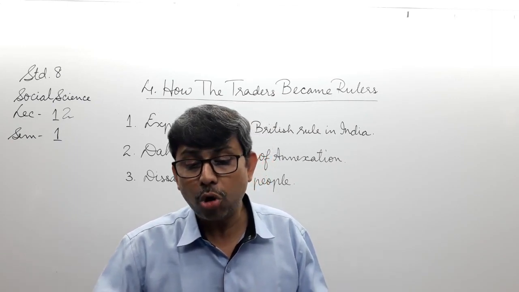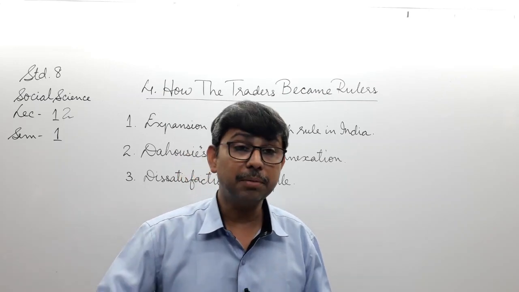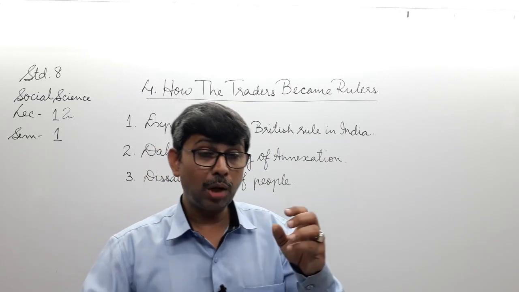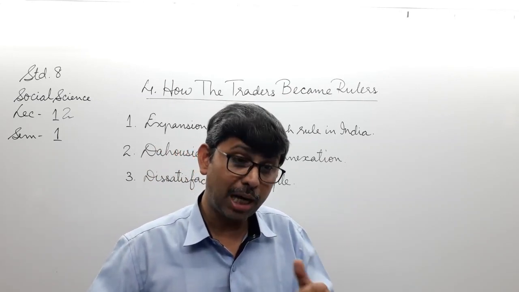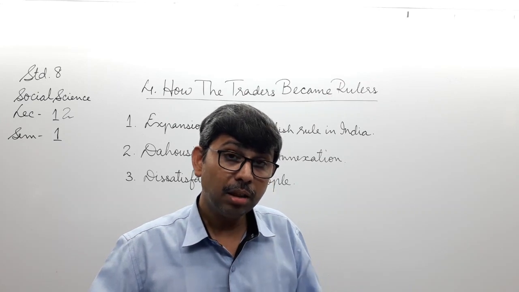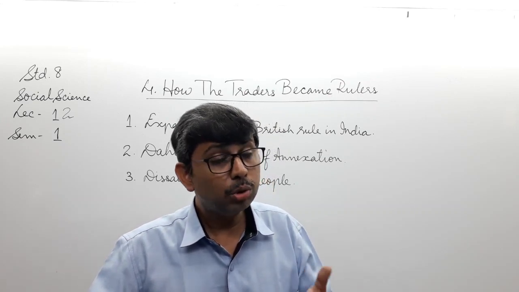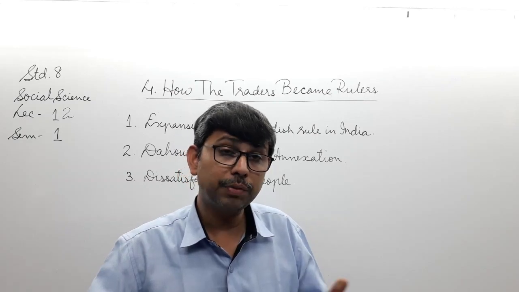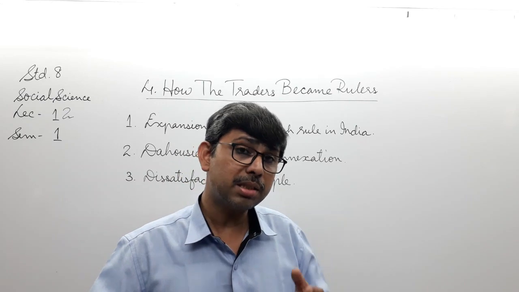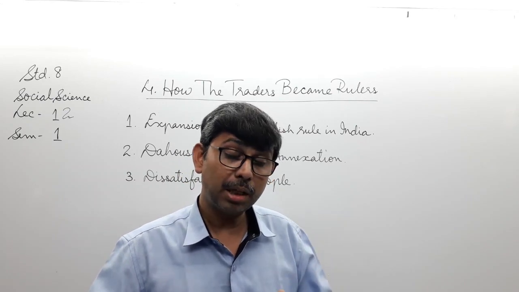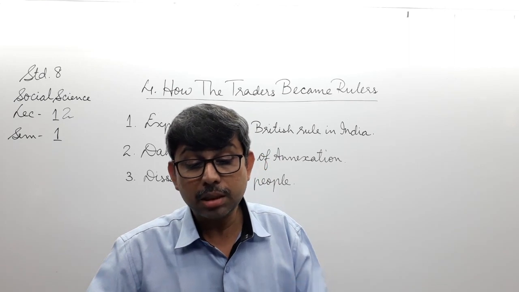He had set up a strong army with the help of European officers for the protection of his state. Just like Tipu Sultan wanted to have French soldiers, isn't it? He had trained French troops, which he then had to give away. The Nizam had to give away his French troops because of the subsidiary alliance. So the Nizam of Hyderabad had to dismiss them. Similarly, over here, Maharaja Ranjit Singh had